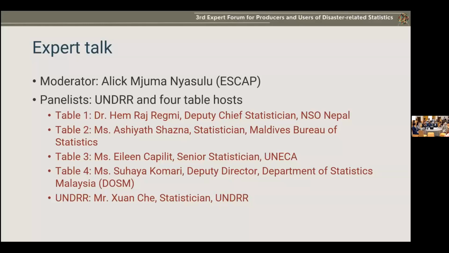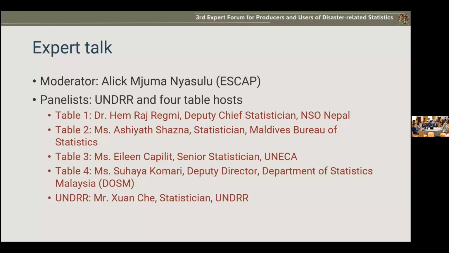For example, if this is a cattle, what is the purpose of this cattle? Is it for milking or for meat? What is the age group of that cattle? Is it less than 3 years, or 3 to 10 years? What is the variety of that cattle? Is it a local one or an improved one? If that type of disaggregated data is available in the price system, then it will be very easy for us to estimate the total economic loss.